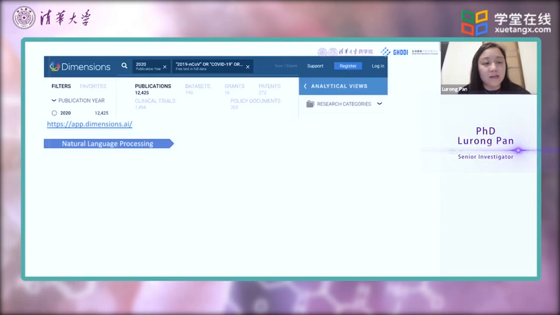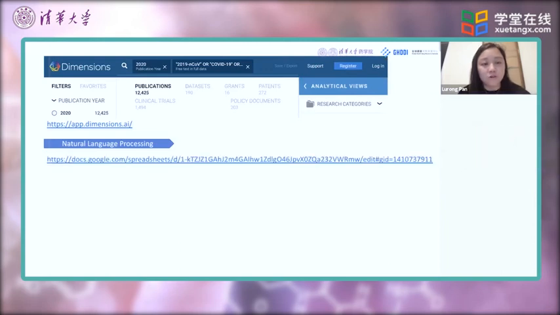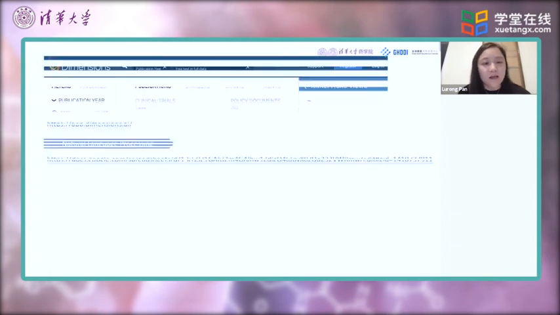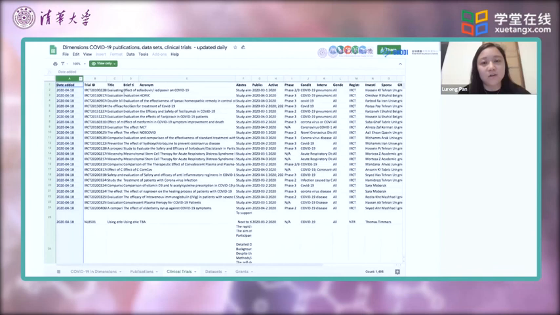So what they did is they currently focus on clinical trials to generate a publicly visible Google Doc. And this is how the Google Doc looks: it extracts the clinical trial IDs of all the current trials.